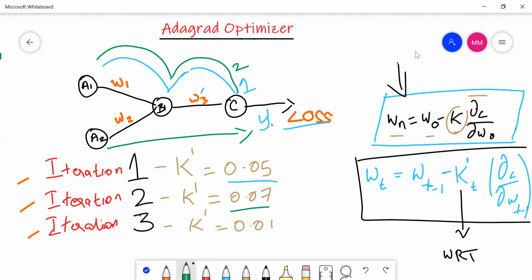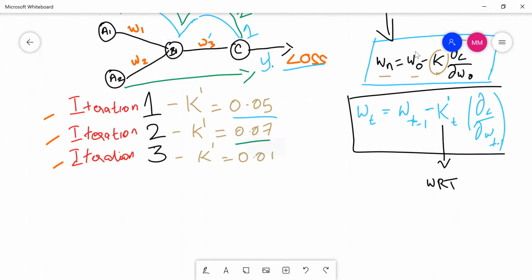So like this, for each and every iteration change, we will be changing the learning rate. In our earlier optimizers, gradient descent, stochastic gradient descent, and mini batch stochastic gradient descent, we were taking a constant, the same learning rate. But here we will be considering a different learning rate for each and every iteration. Because the learning rate is getting changed, there will be some change in our formula also. So let us first write the formula over here.